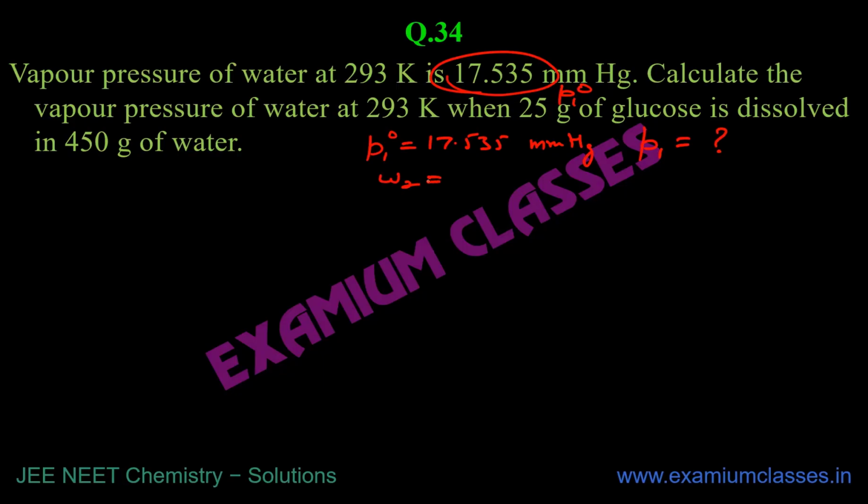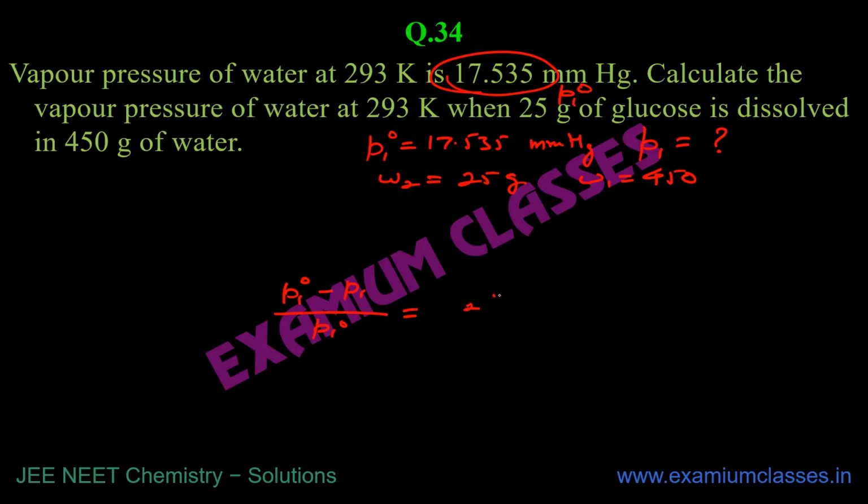Glucose 25 gram means it is W2, 25 grams in 450 grams of water, means W1 is 450 grams. So you just need to substitute it in the formula and you will get the answer. So this is a formula based question. The formula will be P1 naught minus P1 divided by P1 naught equals to, you can just say it is an approximated value. So if it is an approximated value, you can write it as